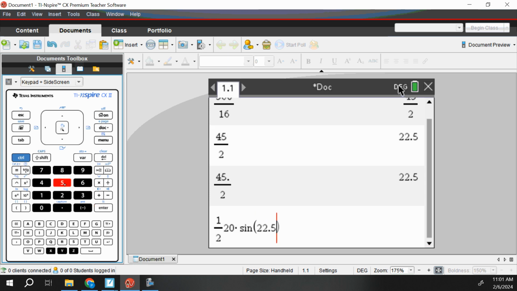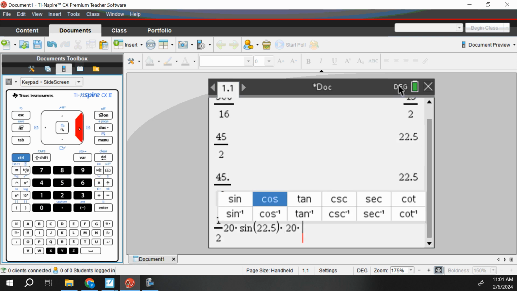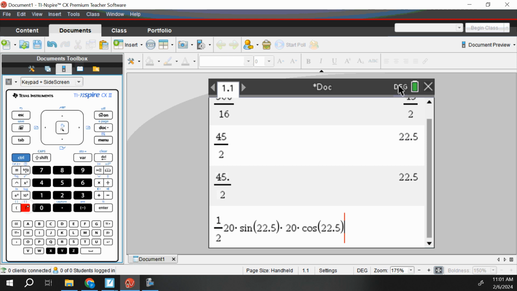We'll do 22.5 and make sure to close your parenthesis. Times, our height part was the 20 times cos of 22.5. And then we have to do that times the 16